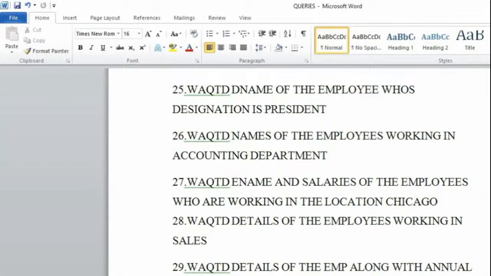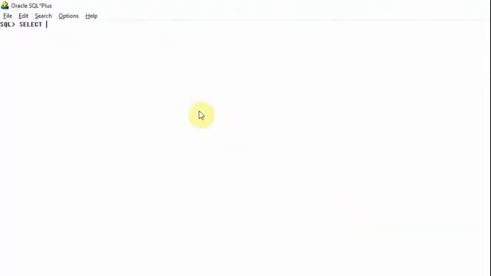Now 26th question guys, it says write a query to display names of the employees working in accounting department. So it's pretty simple. I want names which are present in the EMP table and working in accounting department. For the accounting department I have to write a subquery on my department table. So for 26th, I write select ename, which selects all the employee names from the EMP table, where department number in